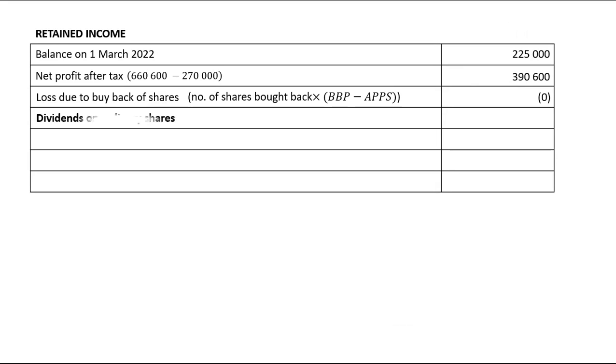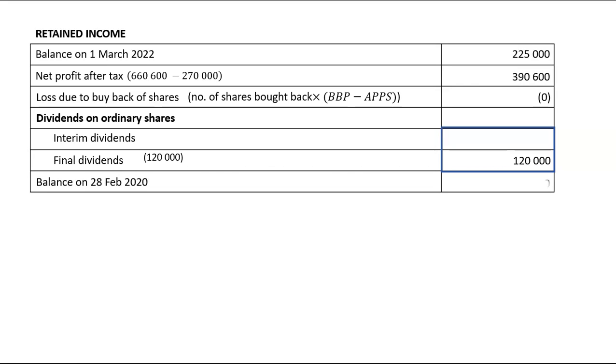And then we've got dividends on ordinary shares, which is what we are missing, which is made up of your interim dividends plus your final dividends. We do have final dividends, which was 120,000, but we are missing interim dividends. And when we add all of these, they need to give us dividends on ordinary shares. We are missing that. And we'll have the balance at the end of the year, which is 420,420. Because we have this, you just apply the reverse operation by taking 420,420 minus 390,600 minus 225,000,